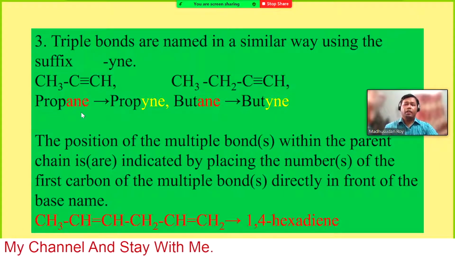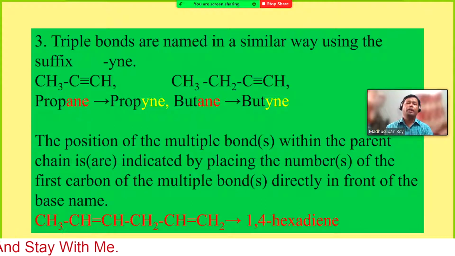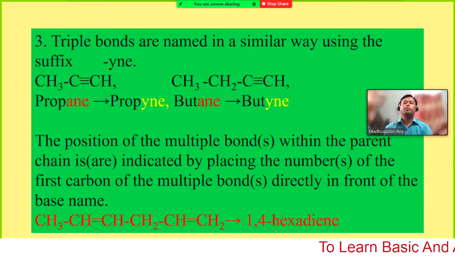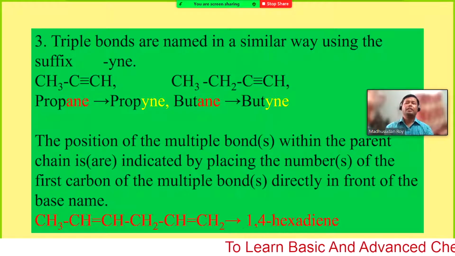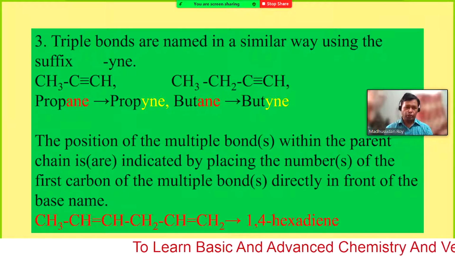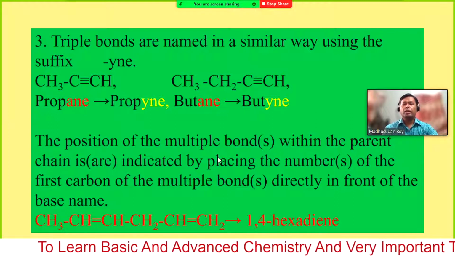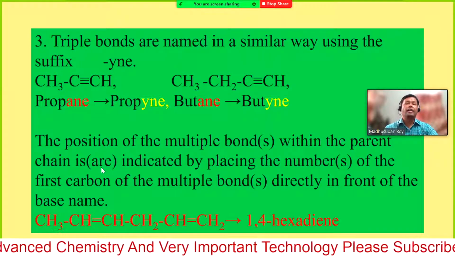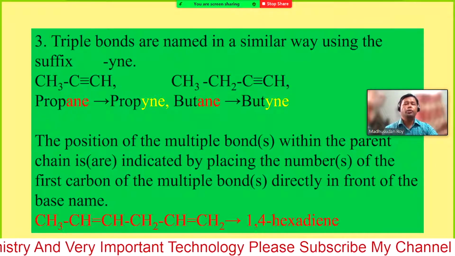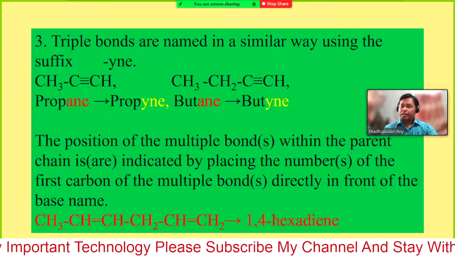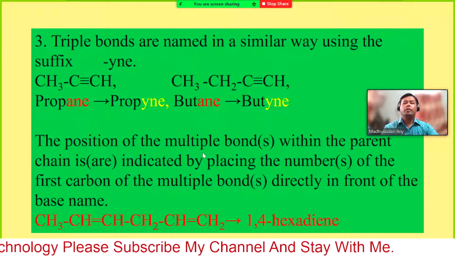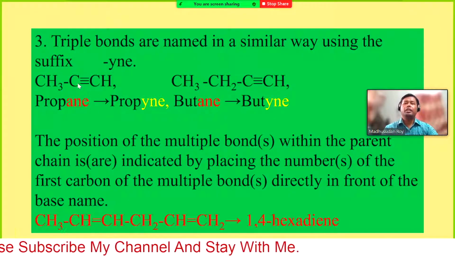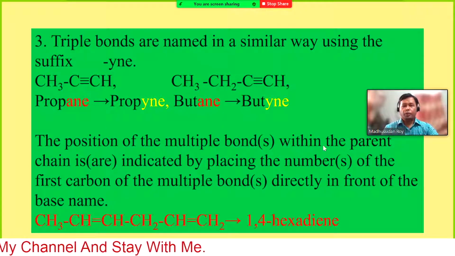If you have the double bond or triple bond just at the end, on one side of the molecule, in that case you don't need to mention the position. This is our rule: the position of the multiple bonds within the parent chain is or are indicated. That means if you have multiple bonds, double bonds or triple bonds, in a compound, then within the parent chain